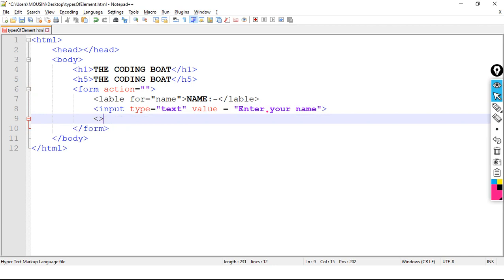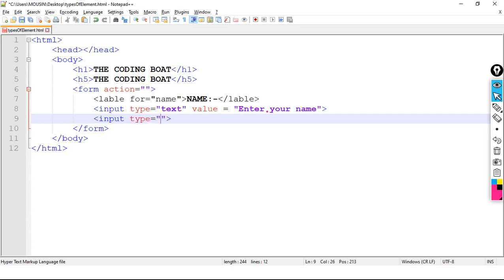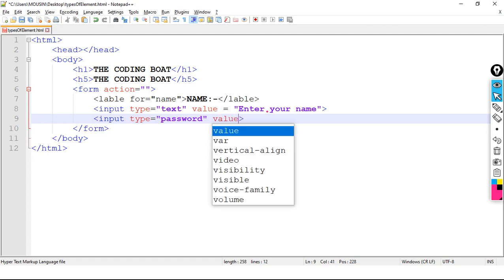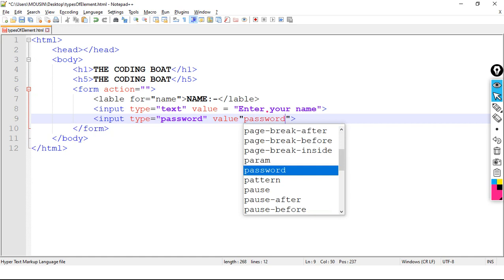Okay, now we have another input, but this is for taking a name from the user. But what about a password? For that purpose, input type equals password, value password.